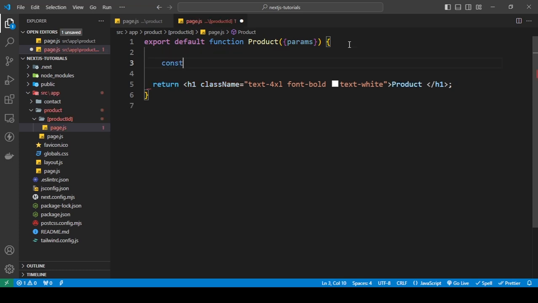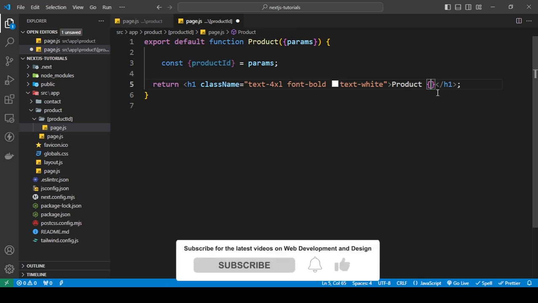So const, I'm going to destructure this in params. Okay, and now since I'm destructuring this, I'm going to get the name of the parameter. Okay, so it's going to be product ID. So product ID. Okay, and now I can just take this, put this here,